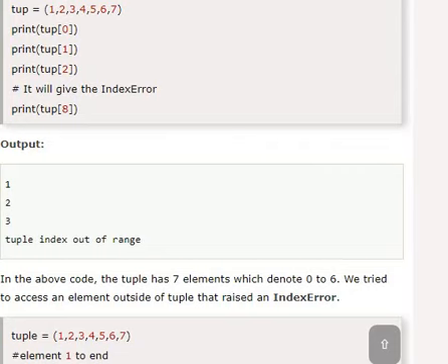Check how many elements there are. We have 7 elements, the index is from 0 to 6 only, but we are trying to print tup of 8. So we are trying to access an element which is outside the range of the tuple, so it raises an index error, index out of range.